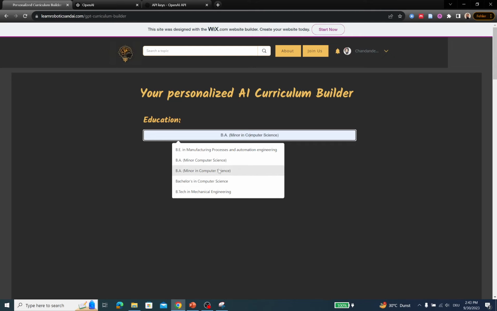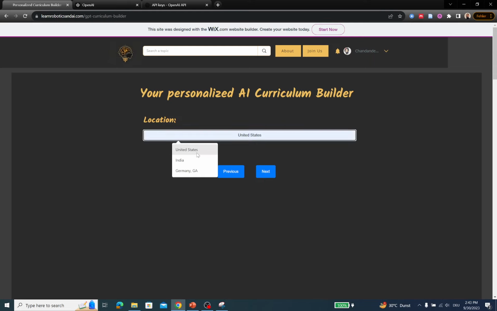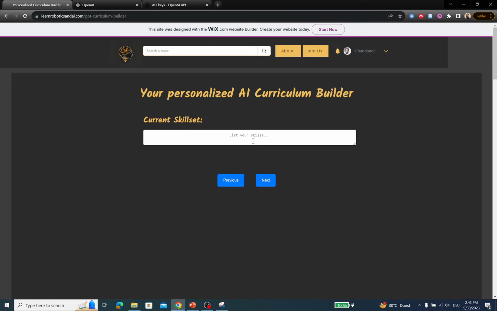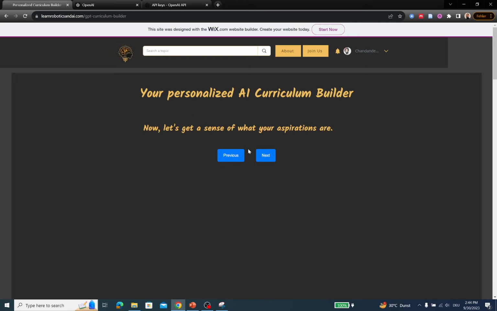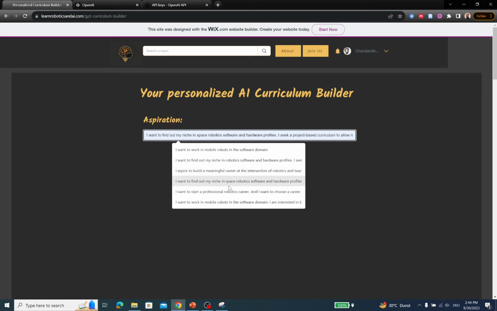So bachelor's in computer science, again, location United States, American. Current skill set is basics of Python programming. Constraints are: cannot afford to pursue a master's in robotics or AI. Okay. All right. So financial constraints are yes, as I said. Location constraints are also yes. No time related constraints. Aspirations are, as I mentioned,